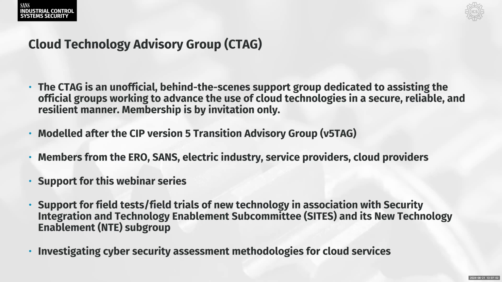This is one of those areas. This group is what you would call a coalition of the willing. It is a group of people that are looking at the current NERC CIP standards and technologies like cloud, and the areas of concern that we are trying to get ahead of and identify so that we can have them addressed and continue to move forward using innovative technologies like cloud.